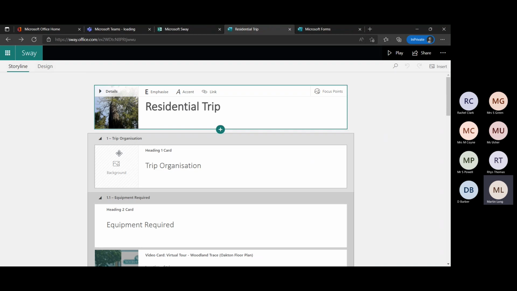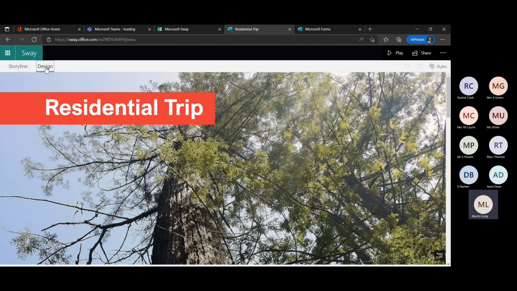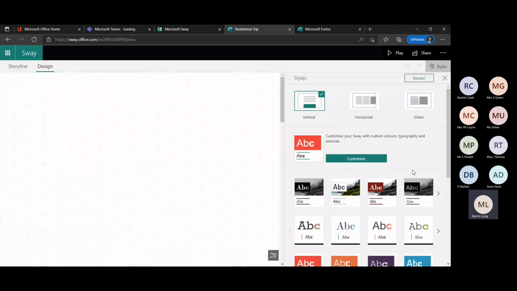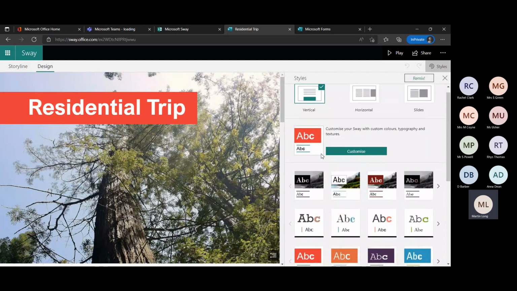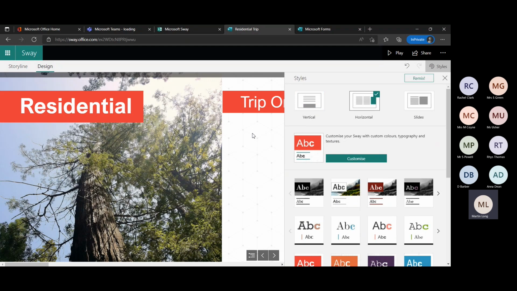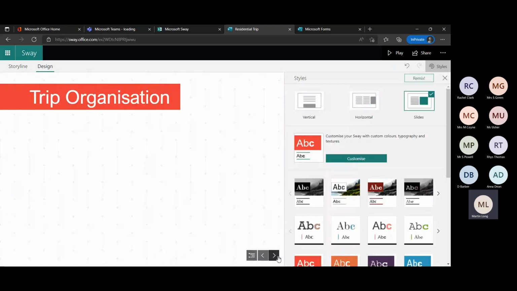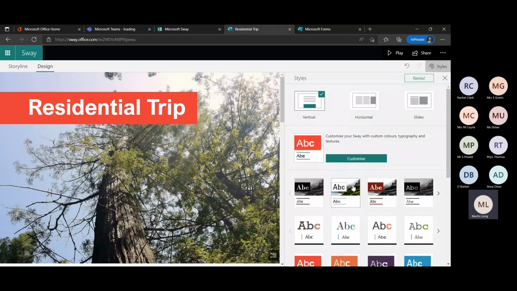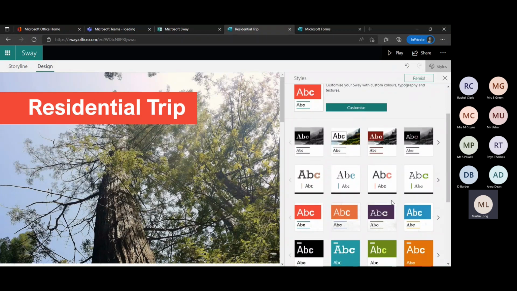Design, we're at the moment in a storyline where you build your cards and they stack up together, but you can remix your design really easily. So if you went to design, one of the things you've got in here are styles. What you can do really quickly is remix how your newsletter works. So if you're doing this to refresh it for another year, you can decide whether you want vertical scroll, you can have horizontal scroll, so things can go across that way, or you can have it as individual slides, a bit more like a PowerPoint where you've got the button in the corner to go through, but I think I'll keep vertical. You can customize things like colors and fonts by clicking the customize button, but you can have themes